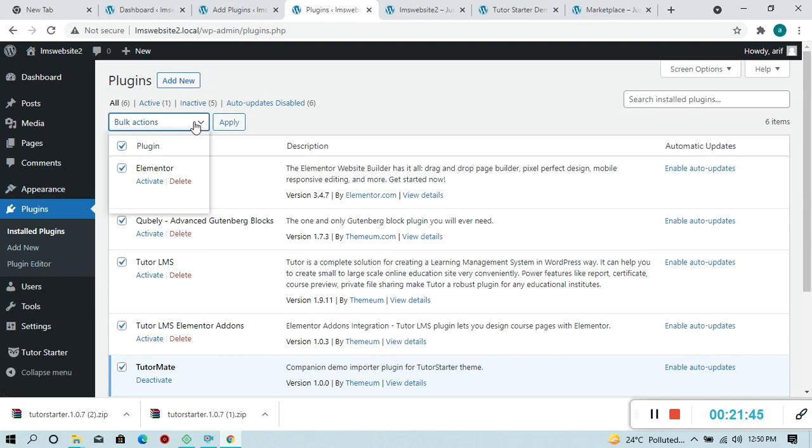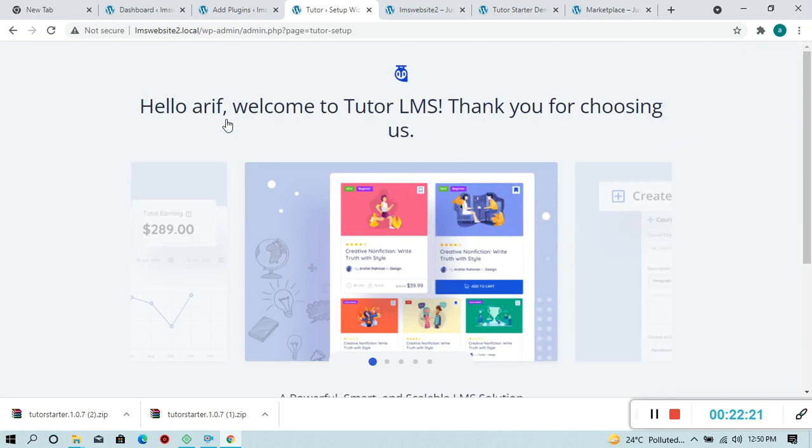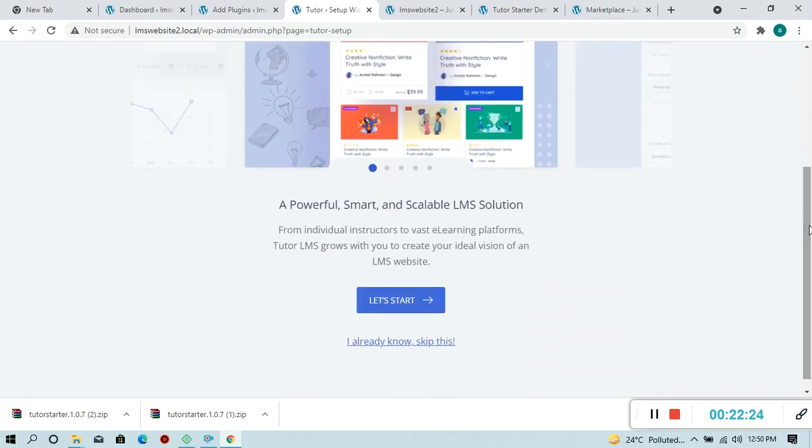So just activate it. One plugin has activated.